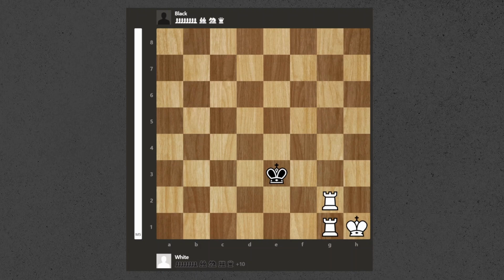Now we have two rooks against a lone king. So the thing that you have to keep in mind when you're playing with two rooks is that the king can actually threaten one of your rooks. So here, if we try to cut off the enemy king from moving on this file,